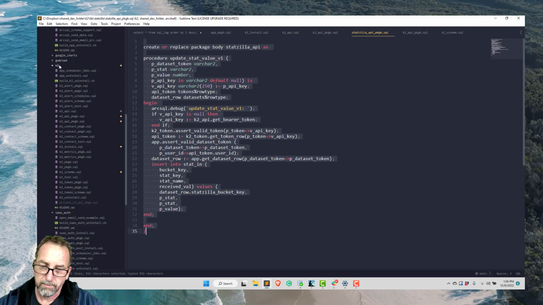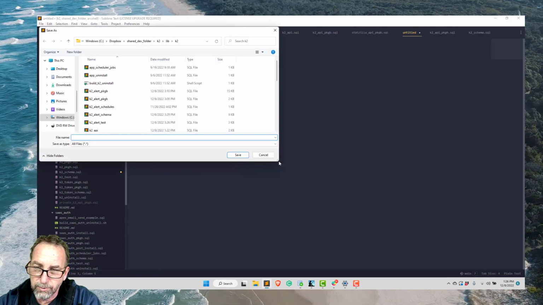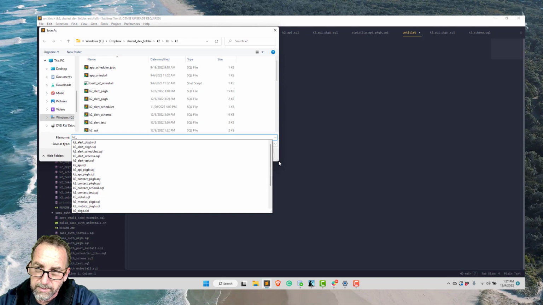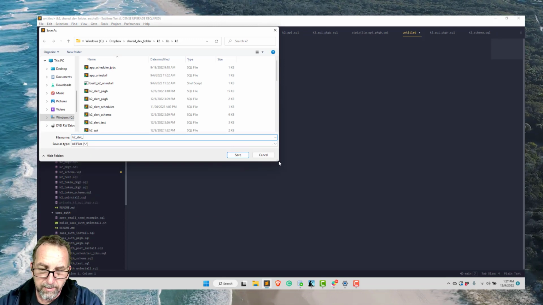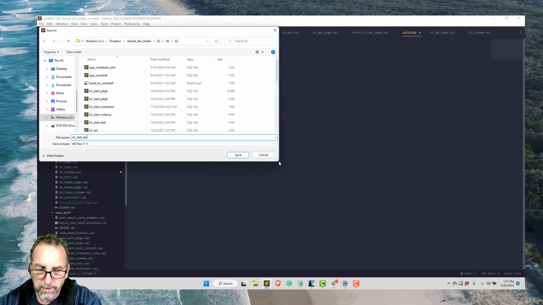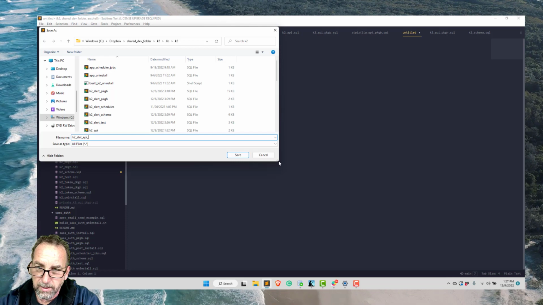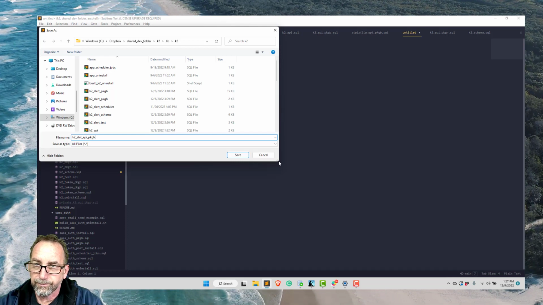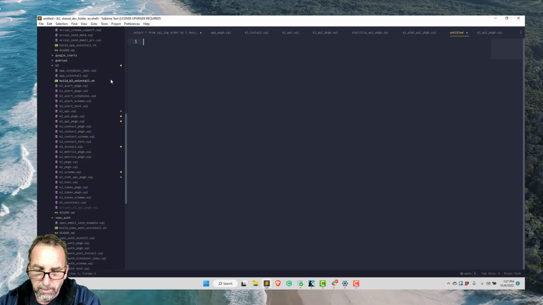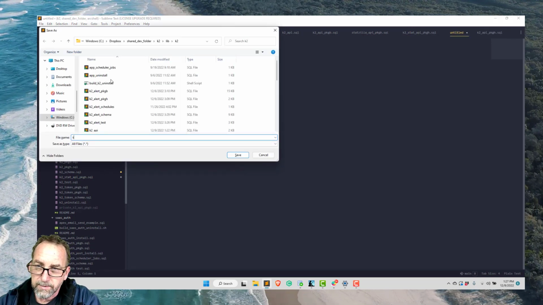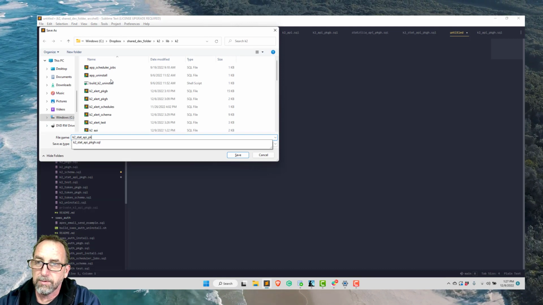And I like to save my file right away and give it the name. So it's going to be K2 stat, and then we'll just call it stat API dot pkg header. No, sorry, pkg header dot SQL, and then we're going to do K2 stat API pkgb.sql,